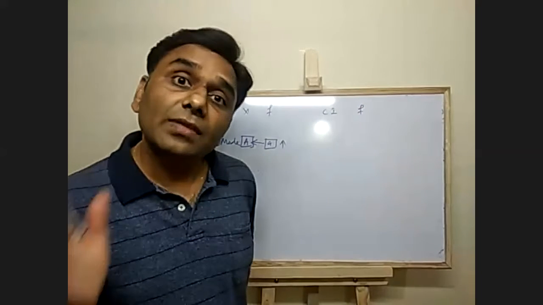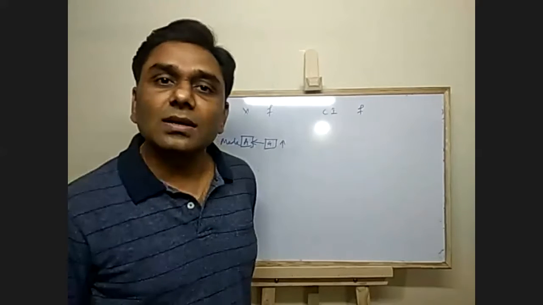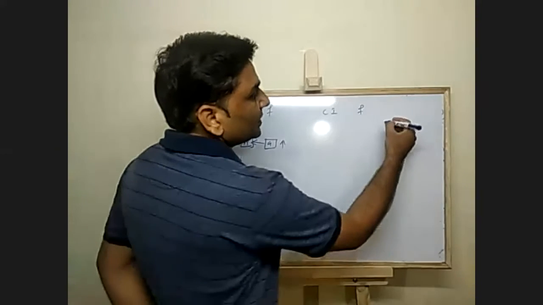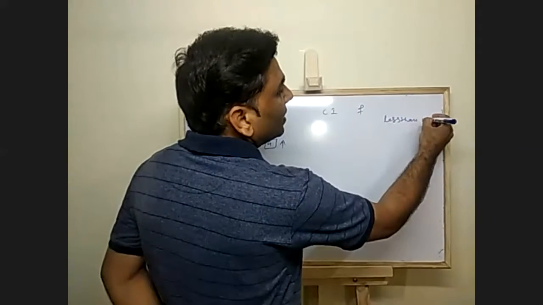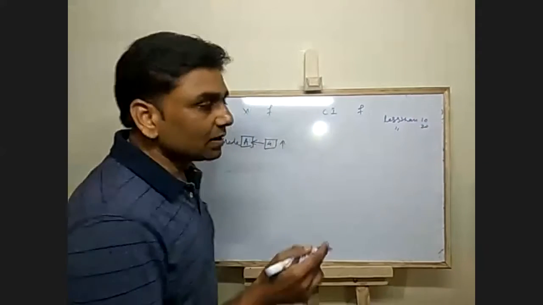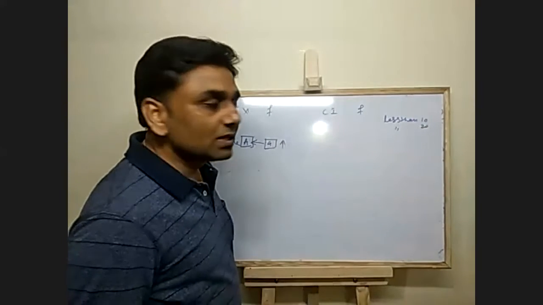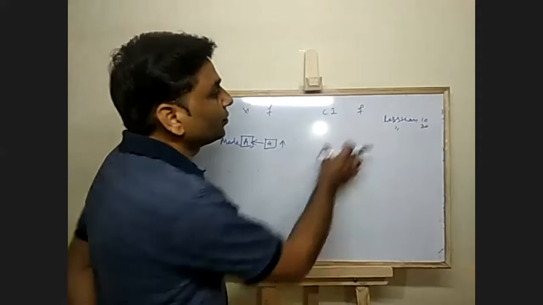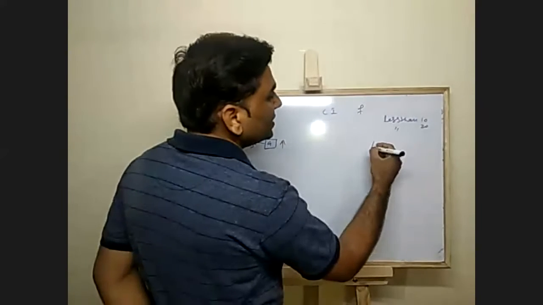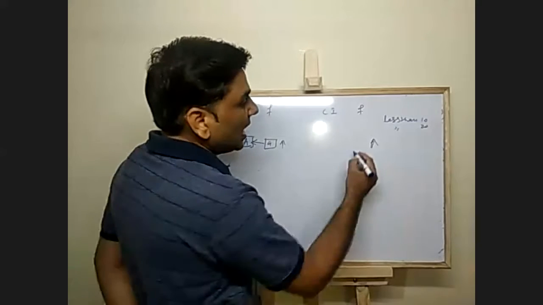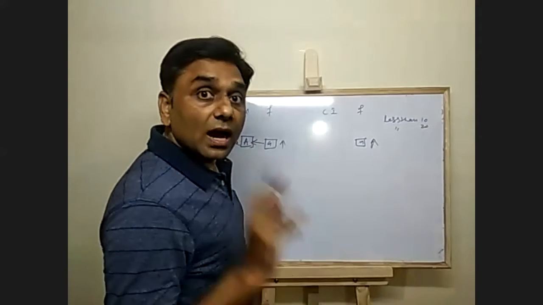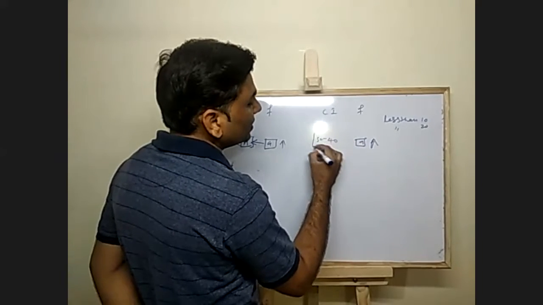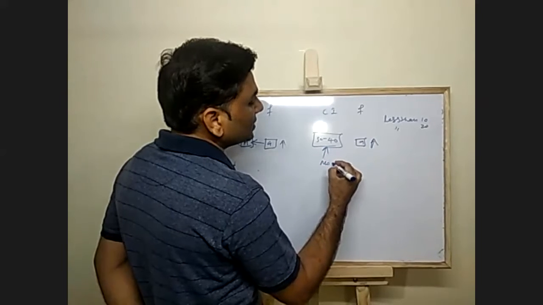Suppose they give cumulative frequency, then convert it into frequency. Like if they have given open classes, like class intervals less than 10, less than 20, then what you have to do? First, you have to write the class intervals, and the frequency they have given is cumulative frequency. You have to convert it into frequency. Now see which class interval has the highest frequency. If this is the highest frequency, let's say 30 to 40, this is your modal class.